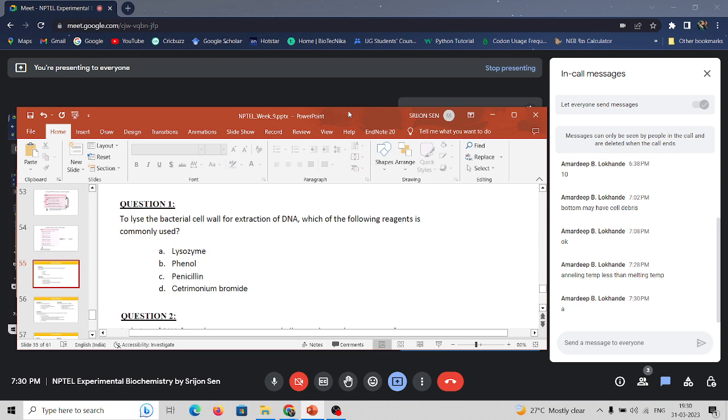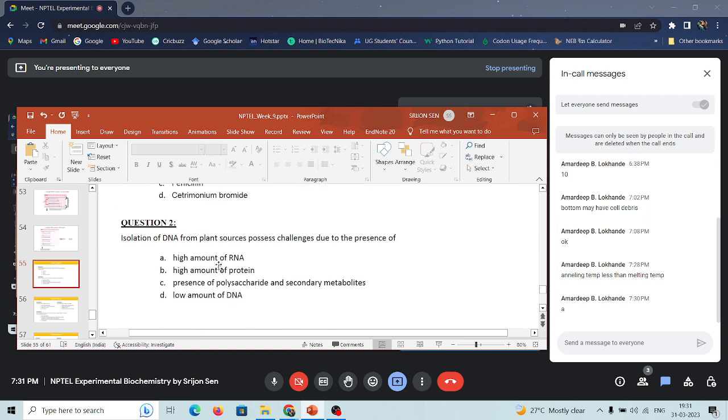A, yes, that is the right answer. We use lysozymes because lysozyme is involved in disrupting the bacterial cell wall or the cell membrane. Right. The next question is,